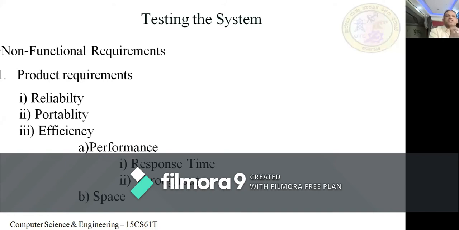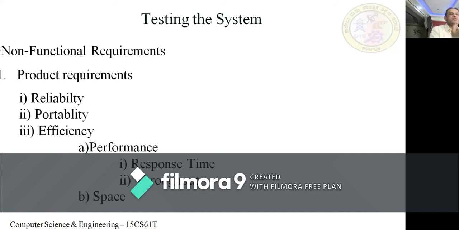Performance is how much time it is going to take to give you the output. For example, if you go to an ATM to withdraw money, the ATM machine should dispense the money within maybe 30 seconds or maybe 1 minute maximum. If the ATM is taking more than 5 minutes, then the response time is very slow. You may not go to that ATM. You may say that this ATM is not working, or there's so much time. That is what we call response time.